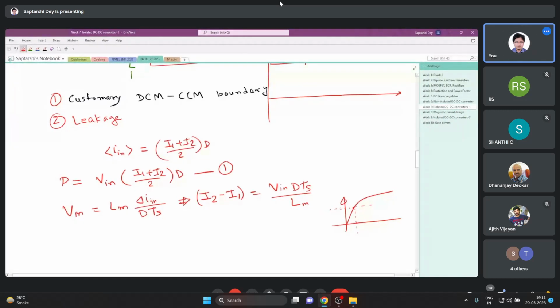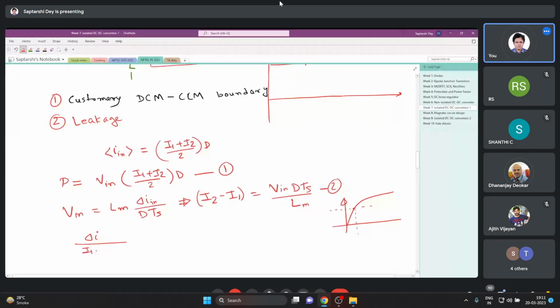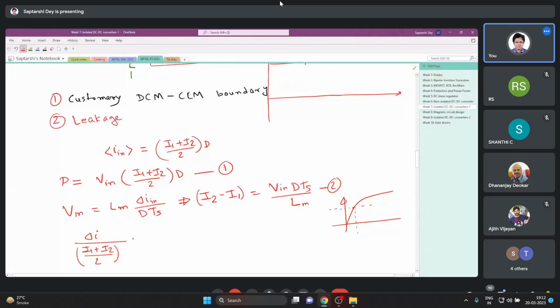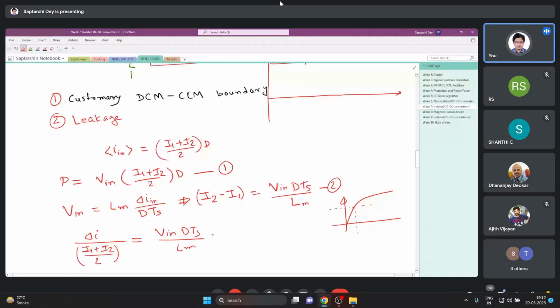So like this. Now what we can do is phi is Li. Let me recall, just a minute. I1, I2, if I divide this, H will be Ni by Lm. No, let us not go to the magnetic circuit right away. Let me do it in this fashion. Say delta I, if I write by (I1 plus I2) by 2, this gives me the percentage ripple, right? The percentage ripple of the flux. Since current is linearly related to the flux, this gives me the percentage ripple of the flux. So Vin dTs by Lm times